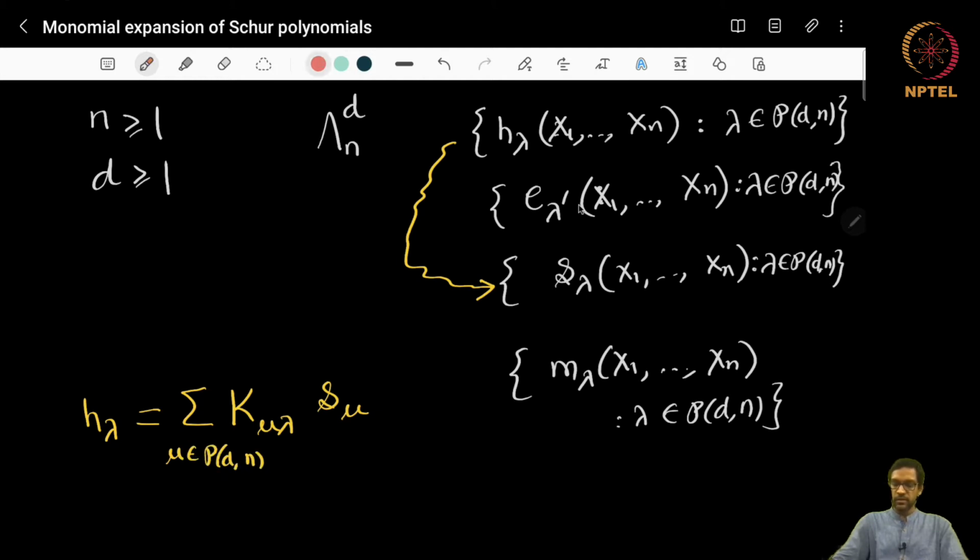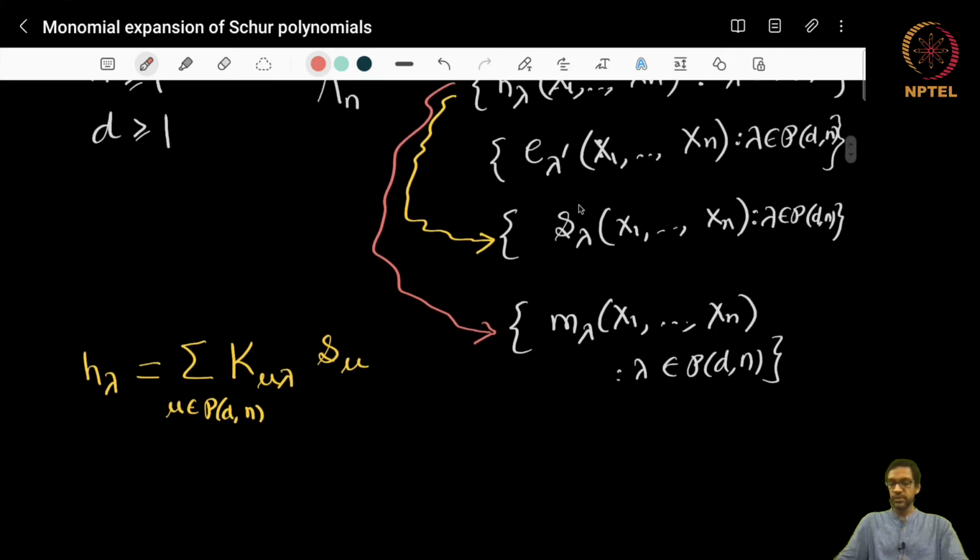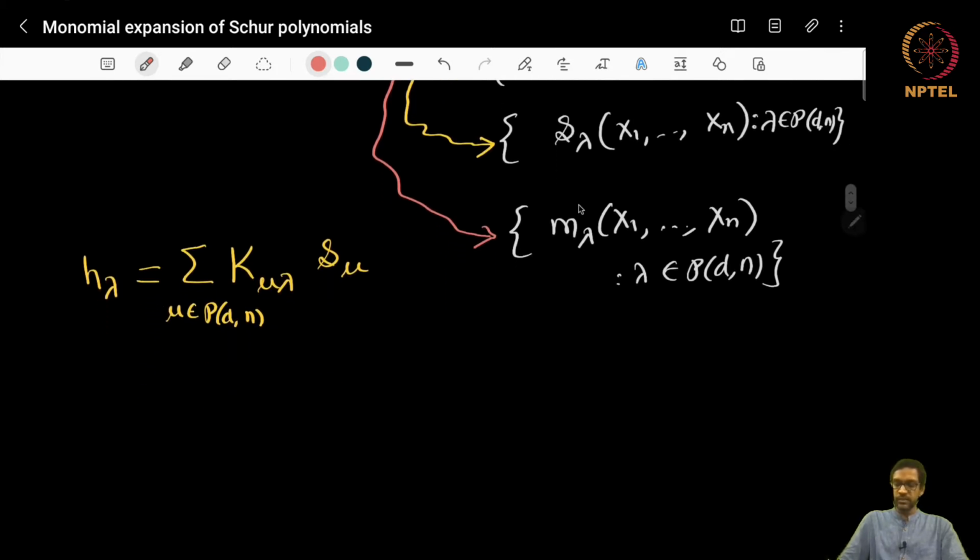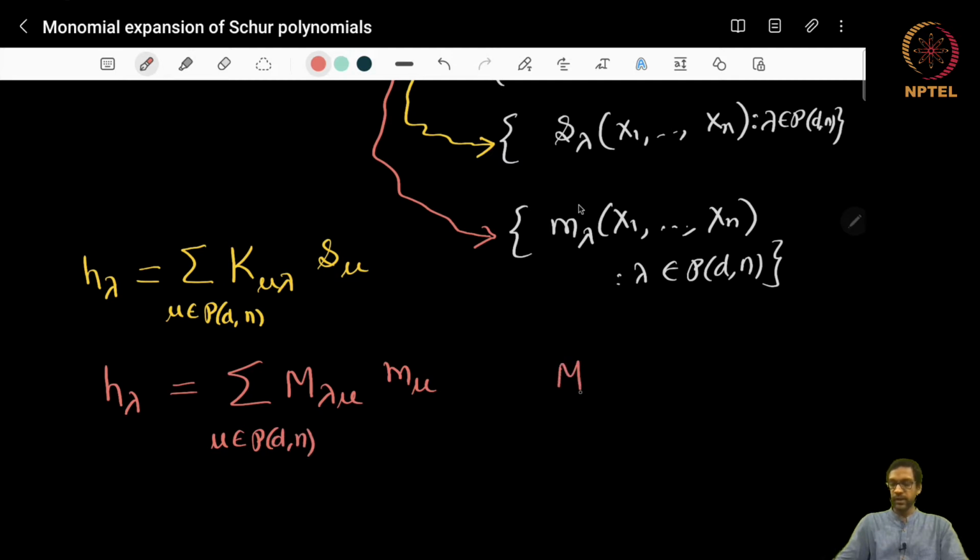Now similarly, we also know how to do e lambda prime in terms of s lambda. Let me remind you of something we did quite a while back, which is writing h lambda in terms of the monomial symmetric functions. That formula looks like this: h lambda is the sum of M lambda mu m mu, again mu over P d n. And these numbers M lambda mu, if you go back and look at that lecture, are the following. This is the count of the number of matrices with non-negative entries,